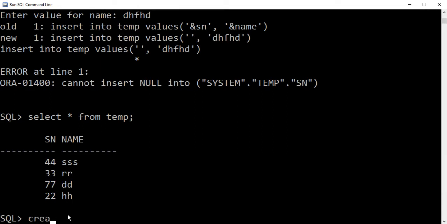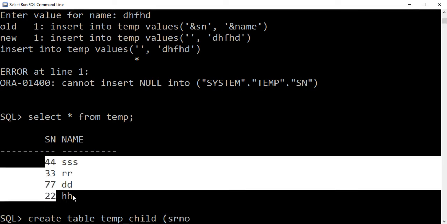Create table. We are giving it the name temp underscore child with two attributes. Serial number, we are just renaming the attribute as serial number, but we want to refer this column to this column.